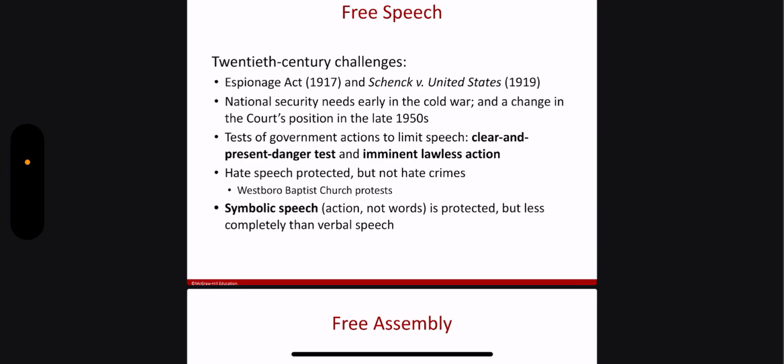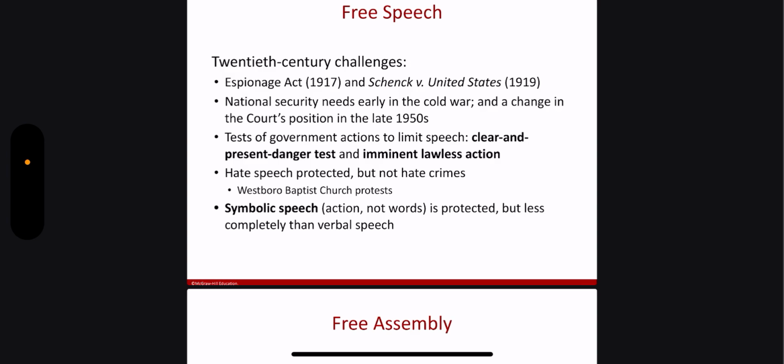And so the Supreme Court ended up coming up with a test called the clear and present danger test, where it said, okay, well, your speech is unlimited until it starts becoming a clear and present danger. And that means that your speech was going to cause some sort of danger to happen. And so one of the ways we see that is you can't yell fire in a crowded theater. You can't yell bomb on a plane, for a modern example. You can't yell certain things where it would cause people to panic and ultimately run the risk of people getting